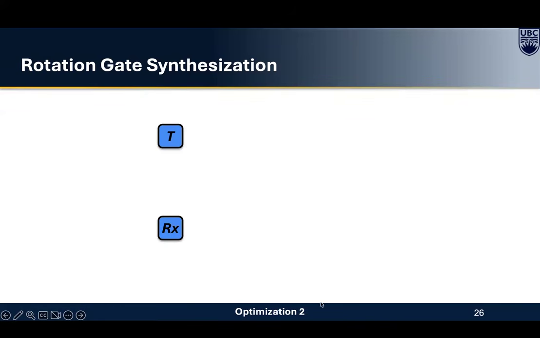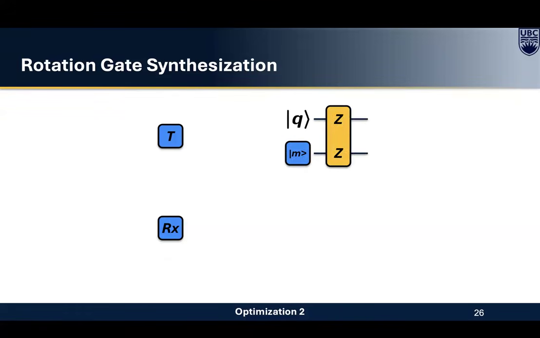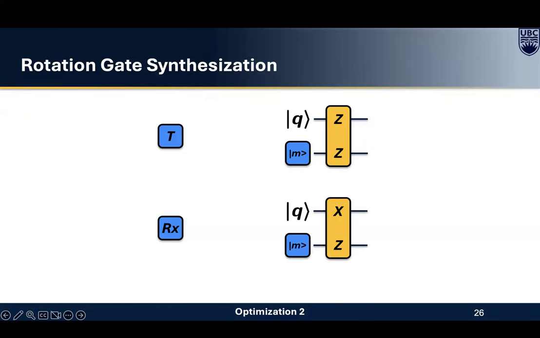So we did introduce these new non-Clifford rotation gates into the gate set, but it's actually pretty similar to the original T gate. For the T gate, I mentioned that we do the joint ZZ measurement between the target qubit and the magic state ancilla qubit. To implement the RX rotation, what we need to do is just do the joint XZ measurement instead of the ZZ, again with the same magic state ancilla and on the target qubit. So if we can natively do the T gates, we can also natively do the RX gate on most